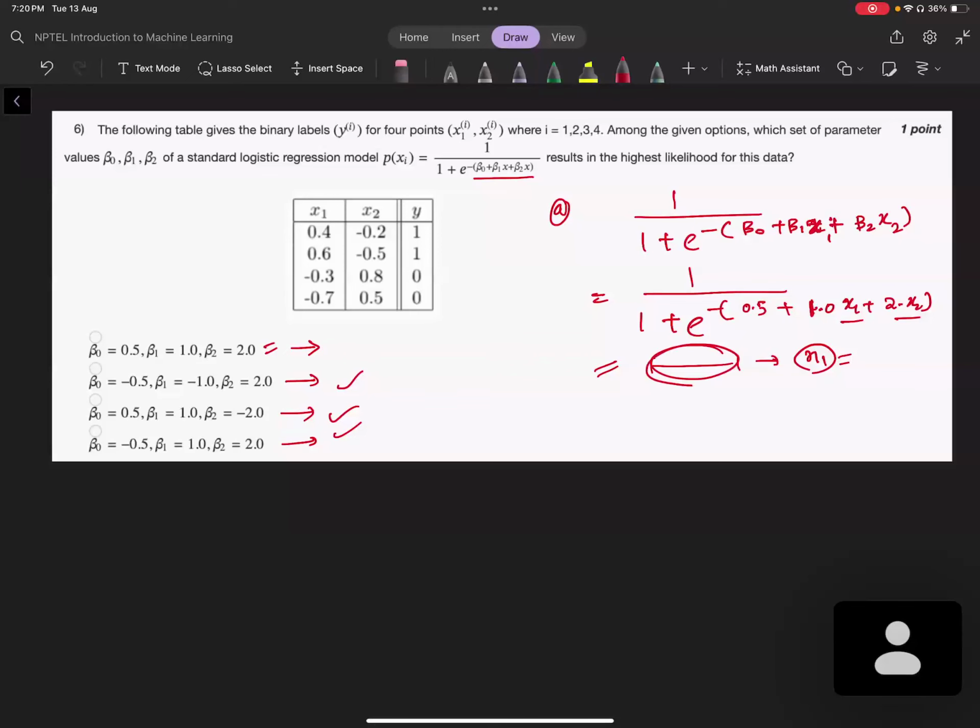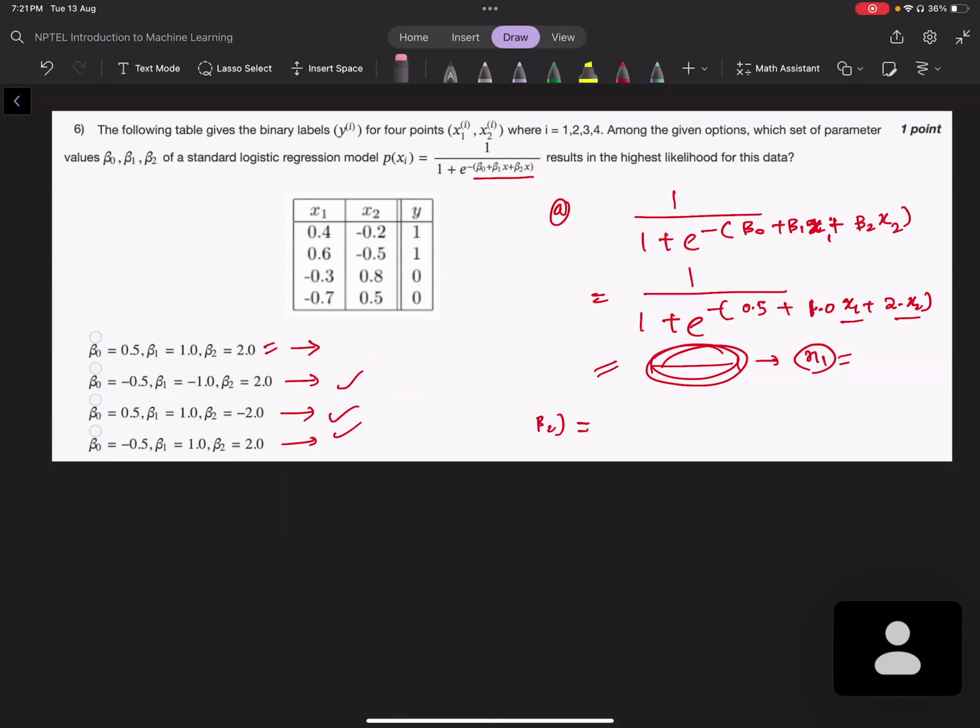Here the log likelihood formula will be applied after getting this value. So the log likelihood formula would look like: the log likelihood of beta 0, beta 1, beta 2 will be equal to the summation of i equals 1 to n log of 1 minus p of